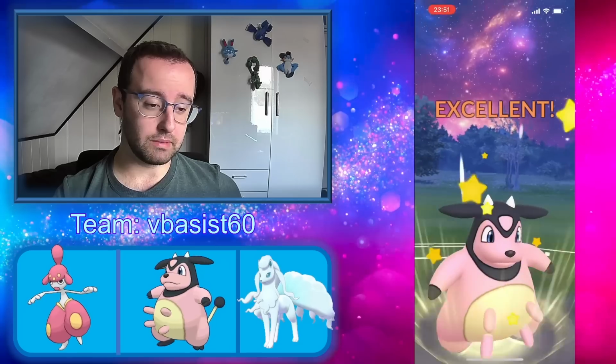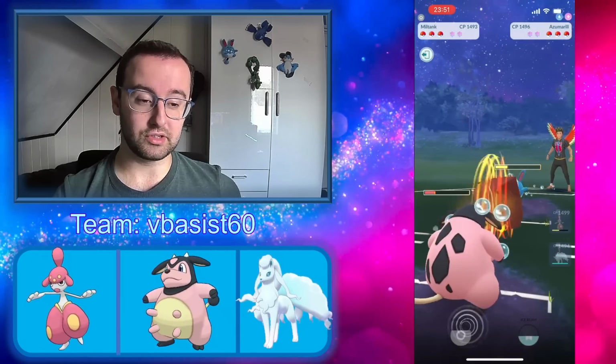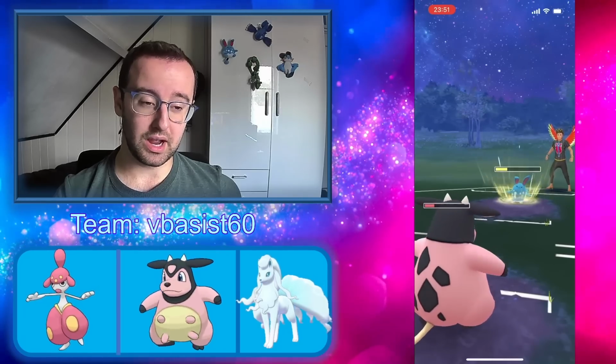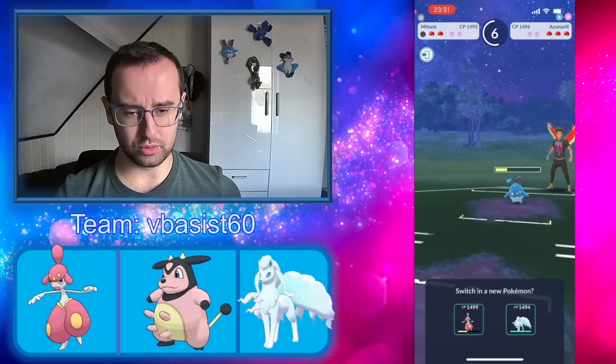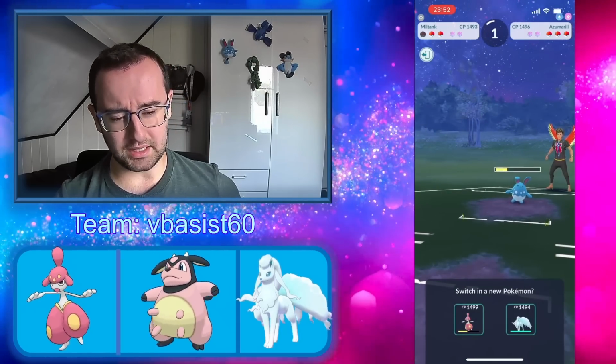And I don't want to use on my Medicham either. Medicham's actually not bad against Skarmory, because Air Slash is just not a great fast move. Yeah, I'm gonna let this go. I have a Psychic stored on my Medicham, and I'm probably looking to throw that Psychic or to Charm it down. But probably not Charm it down, because that will mean